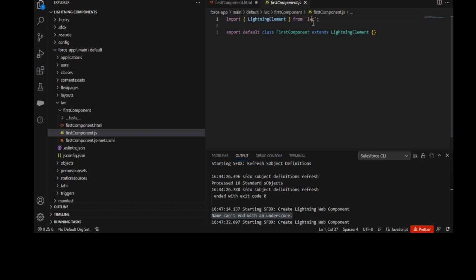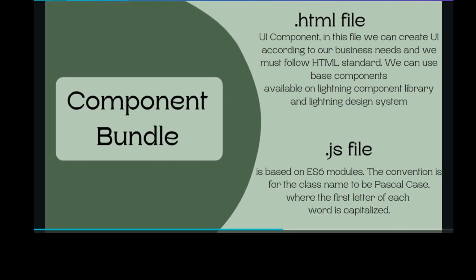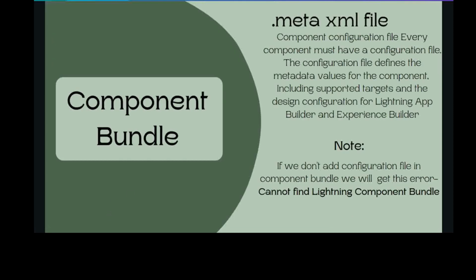So now let's go to the meta XML file. Meta XML file is a component configuration file. Every component must have a configuration file. The configuration file defines the metadata values including supported targets and the design configuration for Lightning App Builder and Experience Builder. So I will show you how we can add targets or how we can configure our meta XML file